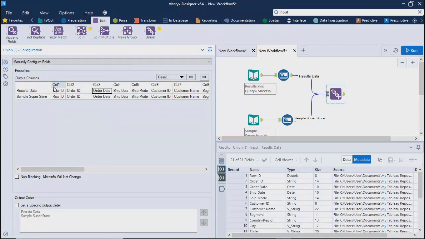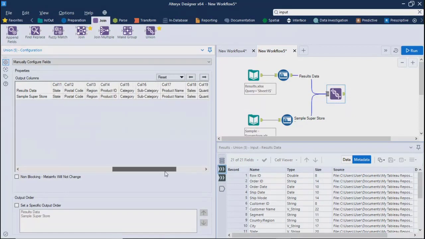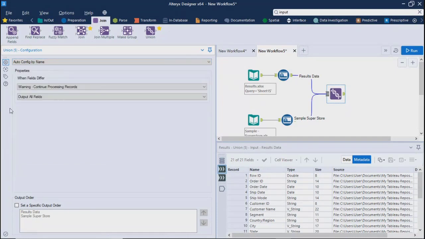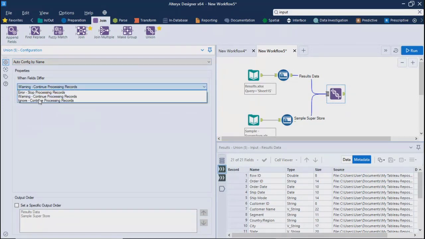So that's what you can see here, like row ID from result set, row ID from sample superstore, it will be appended. In case there is a mismatch of columns, you can correct that by this particular field. If you want to do cross check, do this setting. If you don't want to cross check, just go by the name. Alteryx will automatically identify the names and do it. But yes, in case it finds some names, let's say maybe with different data type, then it will give you the warning or different other error sets or ignore that or warning. The same concept what you have in SSIS. It can truncate or it can give you some errors.